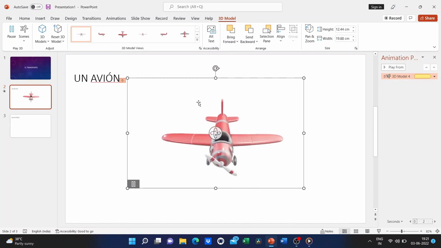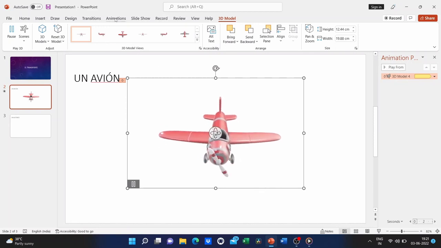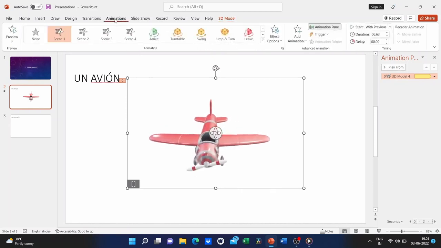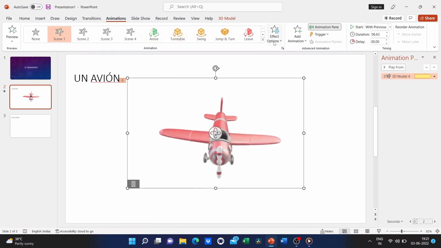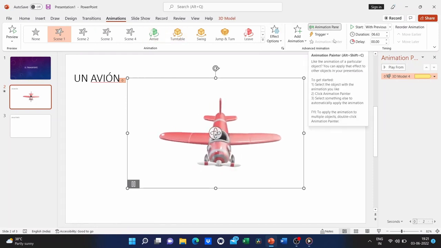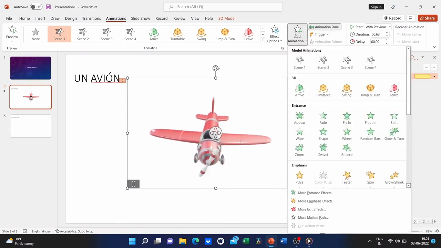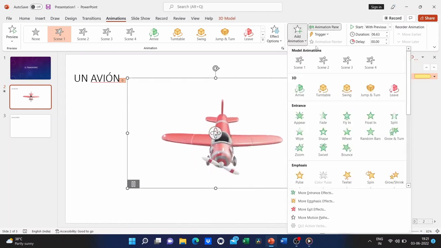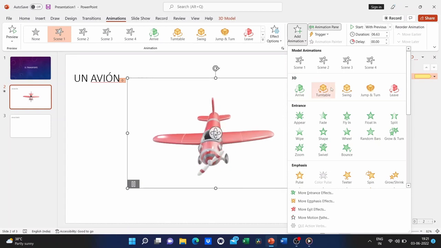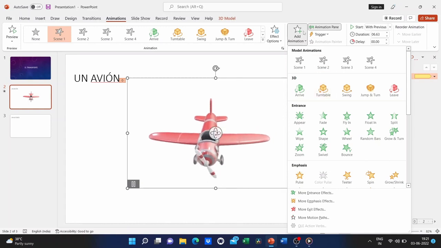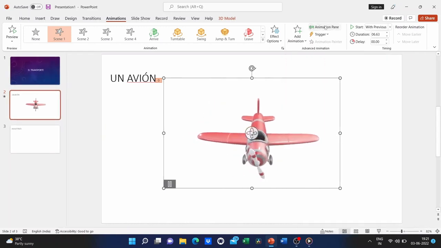Next, I'm gonna go here to the Animations tab and over here in the Advanced Animation group. And you'll see that there's an option to add animation. So I'll click that. And for me, this is easiest when I have the animation pane open.